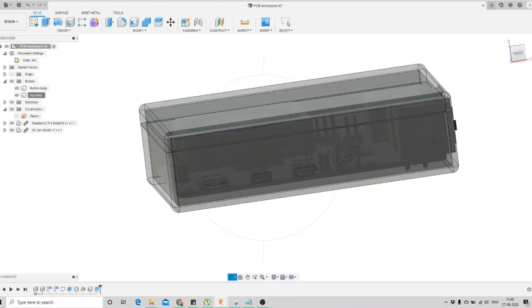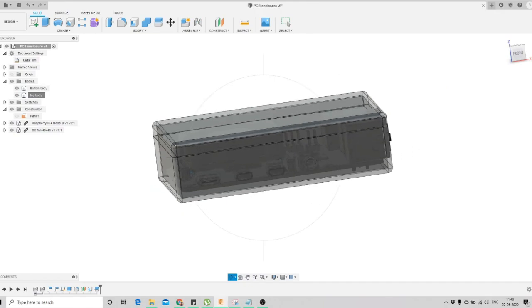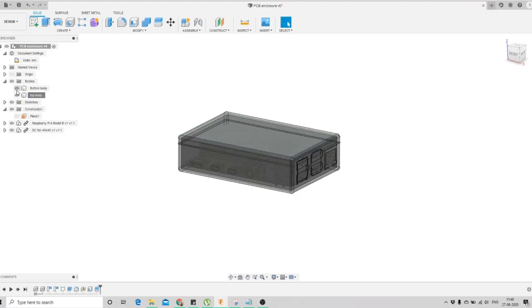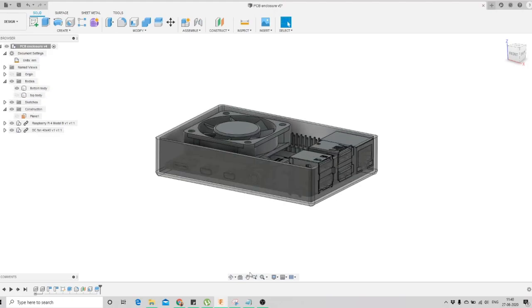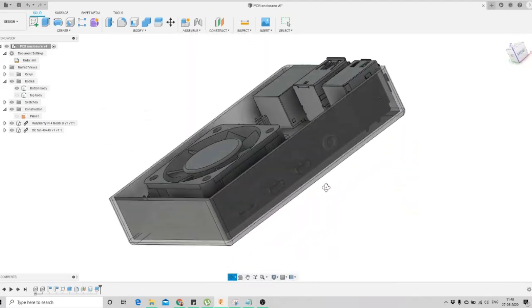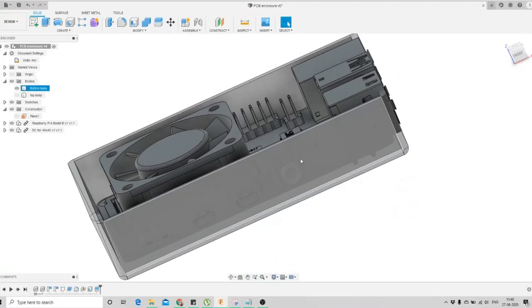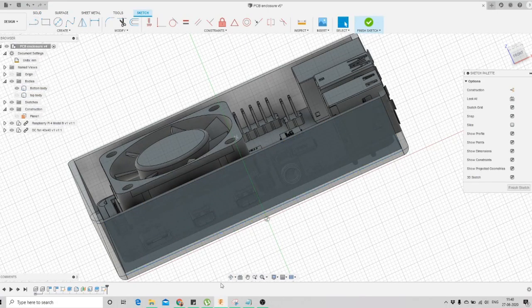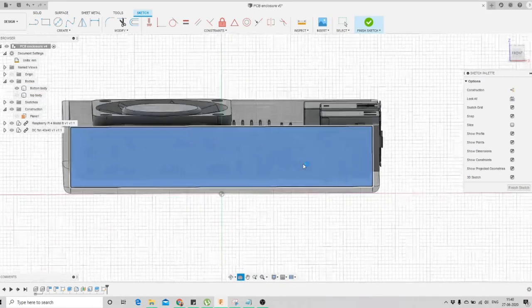Now we have to create openings for the components that are coming, like for these charging points and all that. So now we are going to do that. To do so, we'll first switch off the top body, and then this is our body. We want to create the opening on this plane, so we'll select this plane and click on the create sketch icon, then click on normal and go to that plane normal.